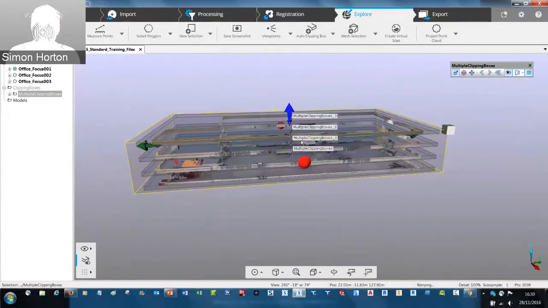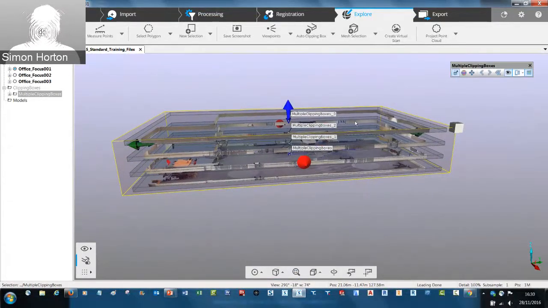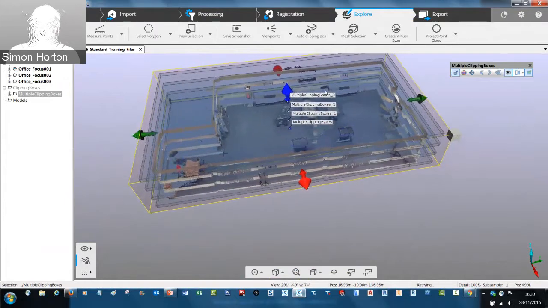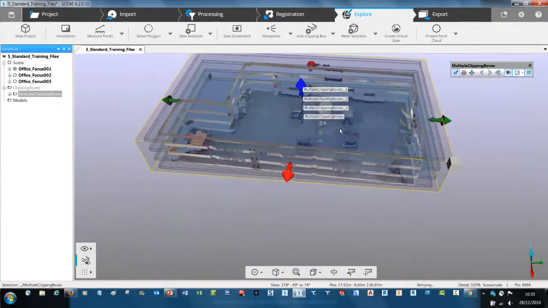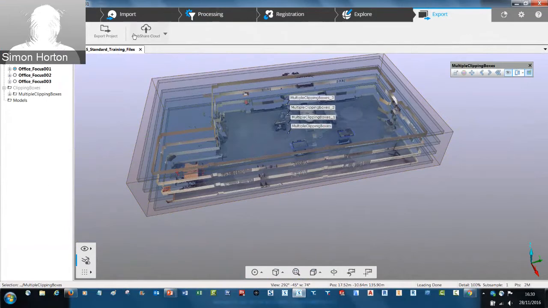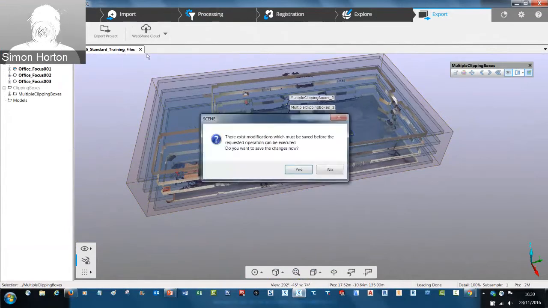So here it would be better if we had a multi-story building because we could create these clipping boxes at each floor level. And we not only see the floor level differences in layout, but we'd also see the differences in furniture and setup. When we've done that, if we then go back to the Export tab and we go to WebShare Cloud and create data again,